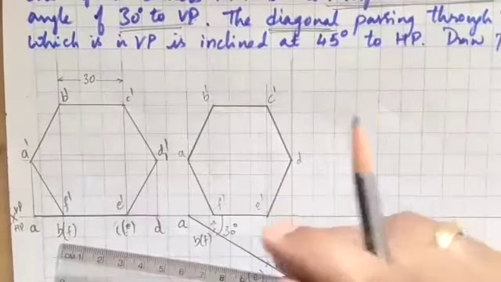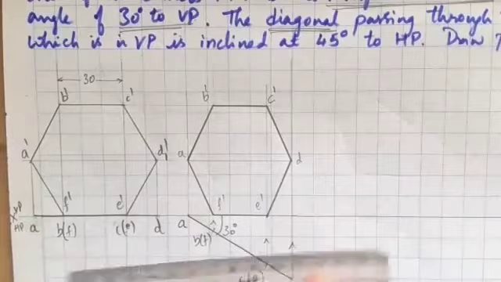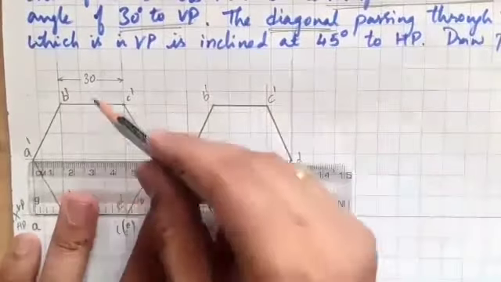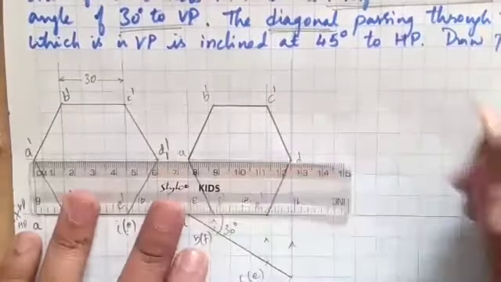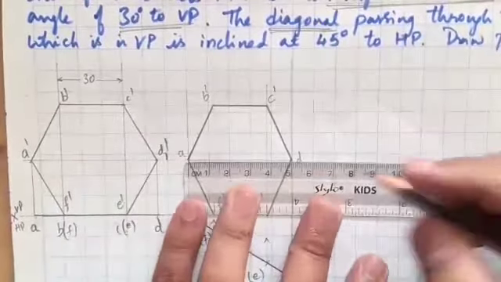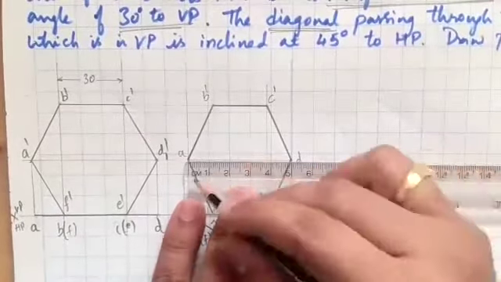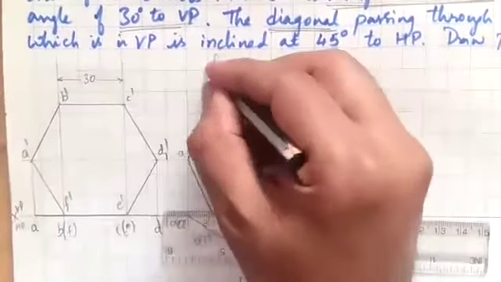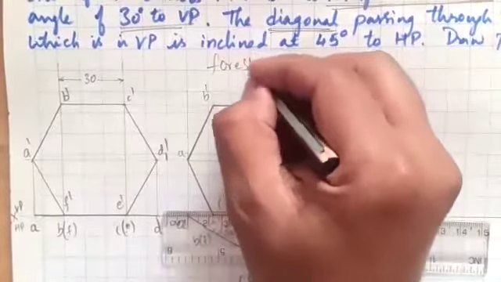So what is this length? It will be a foreshortened length. I'll just check it out. So diagonal length is 60 mm because 30 mm is there. Diagonal is 60. Yes, correct. Then this foreshortened length is 50 mm. You can see it is 50 mm. Diagonal has become foreshortened.